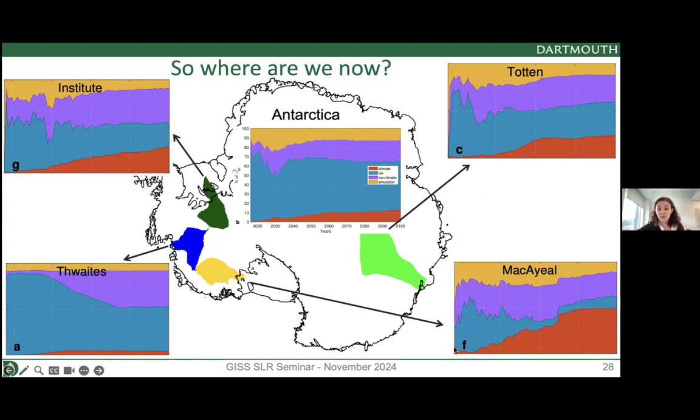In that case, we see that the role of the choice of climate model increases rapidly over time, and the uncertainty caused by the choice of climate models represents half of the uncertainty by 2100. Why is that? Well, let's take a step back. Ross Ice Shelf today is a cold cavity. But by 2100, some of these climate models simulate warm water intruding into these cavities. And some continue to think it's going to remain a cold cavity. And so depending on if it becomes a warm cavity or it remains a cold ice shelf cavity, the response is drastically different. And so that's why we have such an impact of the climate model.